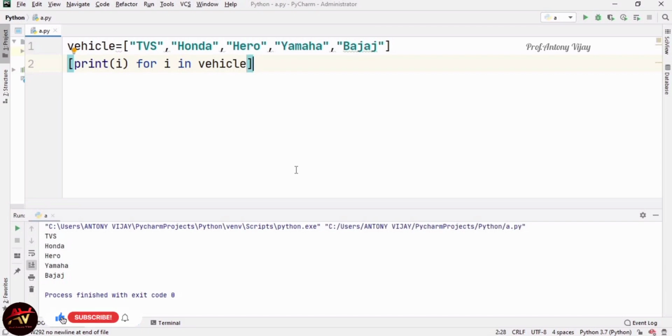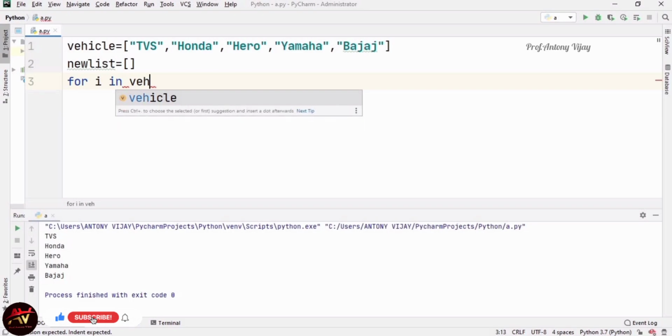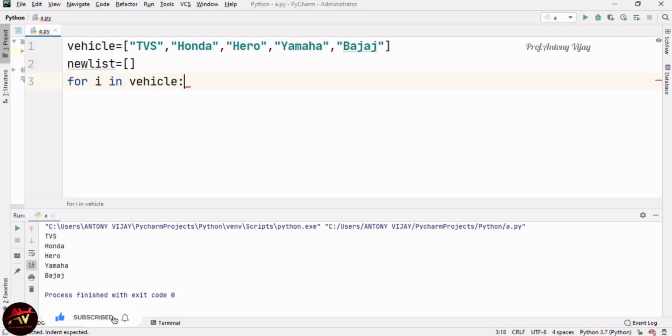Now we will see some more examples. I am going to create one more list, that is new list, which is an empty list right now. Using a for loop, for I in vehicle, I am going to access all the elements one by one.